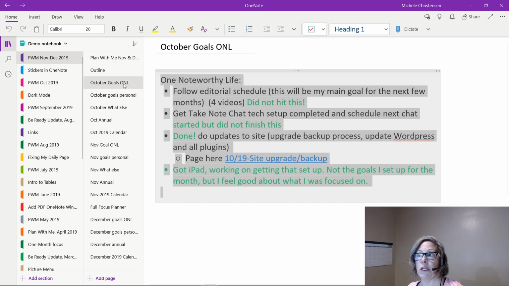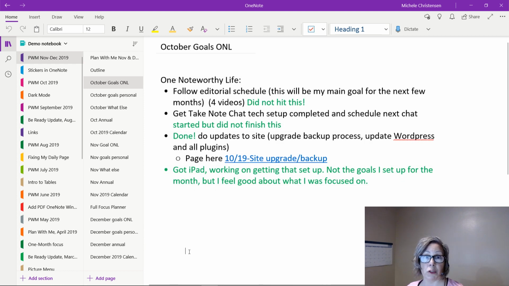Very first thing I do each month is I review the prior month's goals. So in this case, that would be October. So my first goal for October was to stay on my editorial schedule. I didn't hit my editorial goals for October, and this is for One Noteworthy Life, which is my YouTube channel and blog. So I didn't hit my editorial calendar, but I feel like each month as I focus on this,